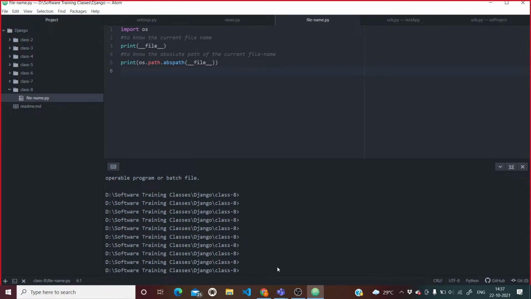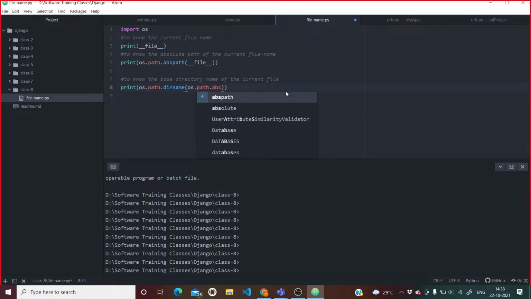So how to know that? For that I have a code. To know the base directory name of the current file, simply you need to use print os.path.dirname, and after that simply os.path.abspath, and here __file__.